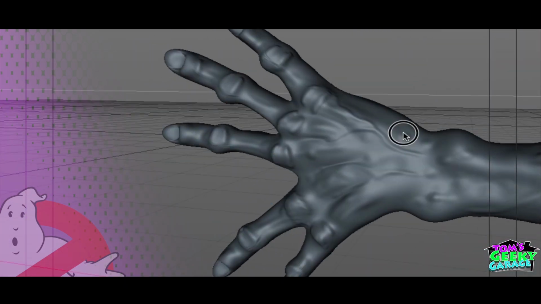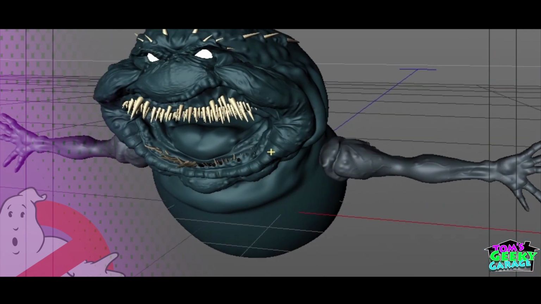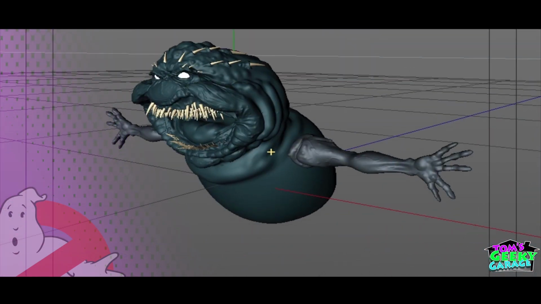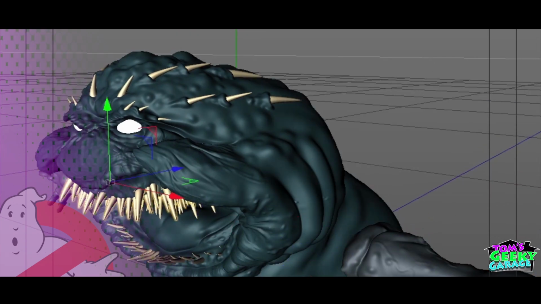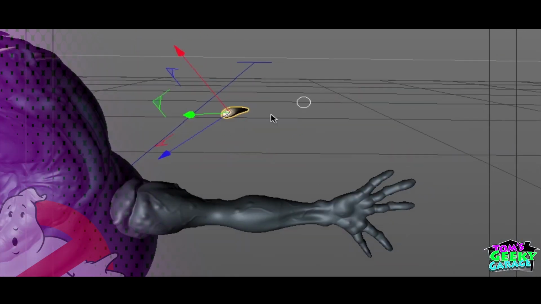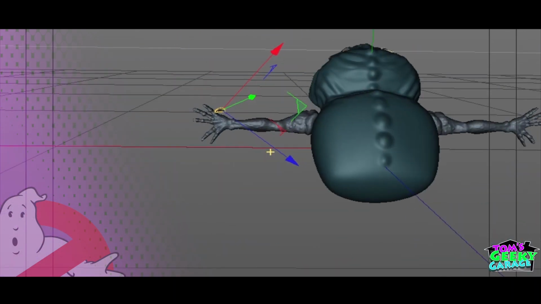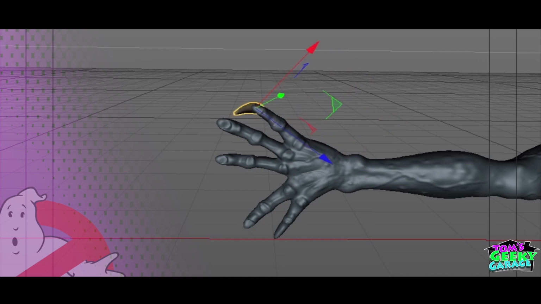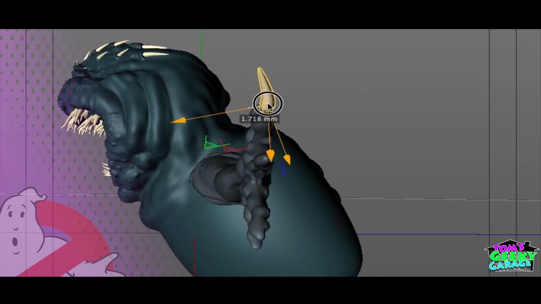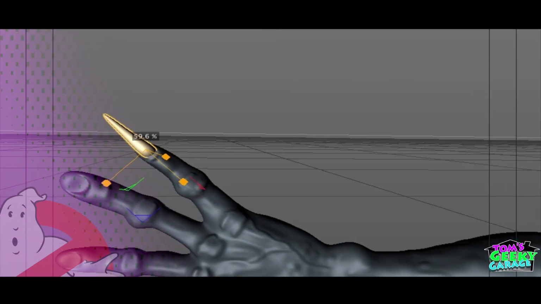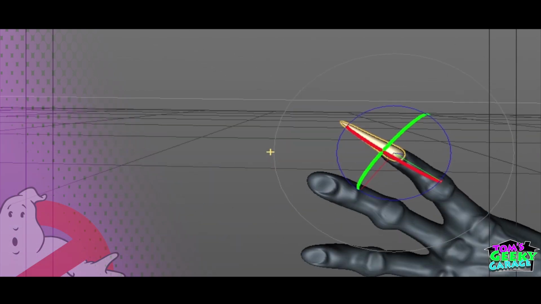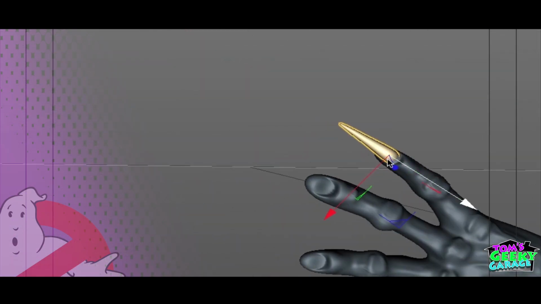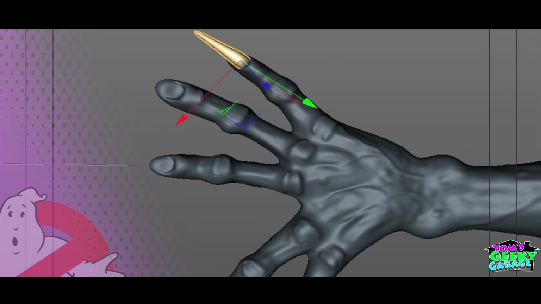Here you can see me doing the arms. When I do the arms, I do one set of arms, copy and paste them, and then repose them in their actual final poses. And you can also see here that the horns and the teeth and the fingernails are all the same geometry. I just copied and pasted this one tooth that I made, and that became the nails and the horns and the teeth. Little lazy modeling there,